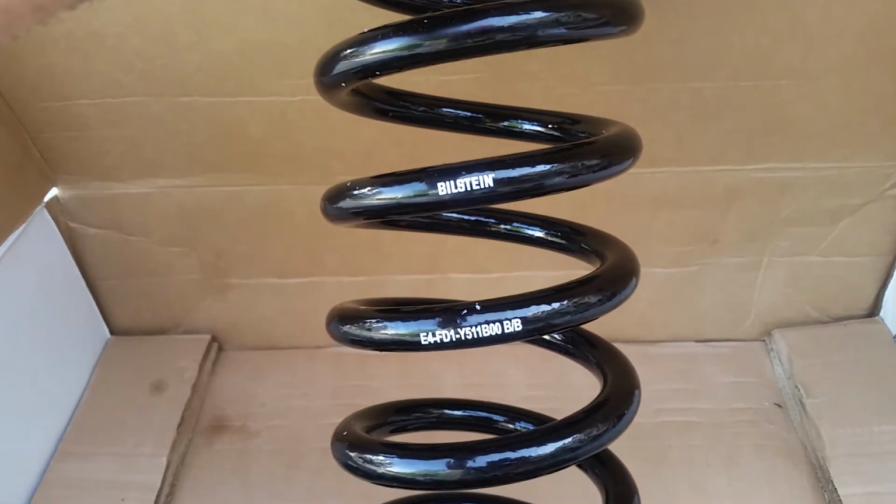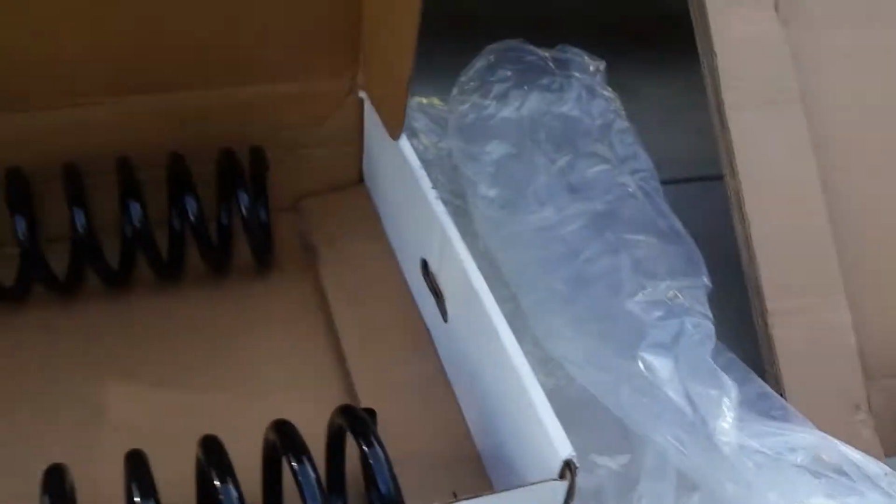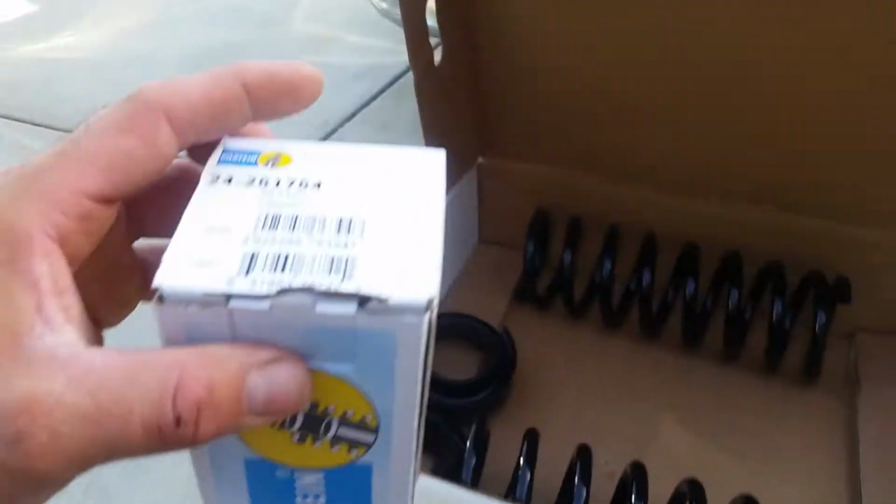So here's your Bilstein shock and its part number on it, dual rated. So that's what we got here, and some wrapping paper for the coils. Yeah, so let's see what we got. Here's the